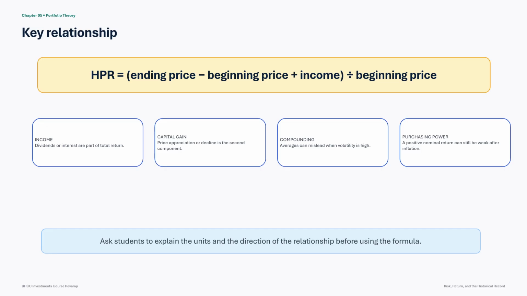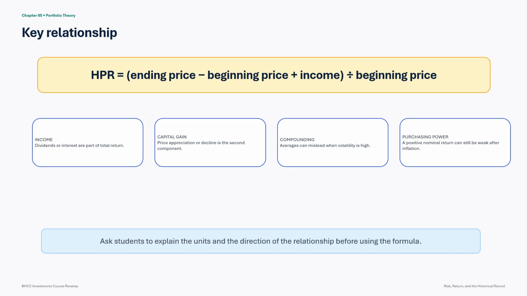We can also decompose the result. The income yield is 2%. The capital gain yield is 8%. Together, they equal the 10% total return. That decomposition matters because income and price change may have different economic drivers, tax consequences, and persistence. The formula is easy enough to fit on a bumper sticker. Real portfolios are less cooperative.